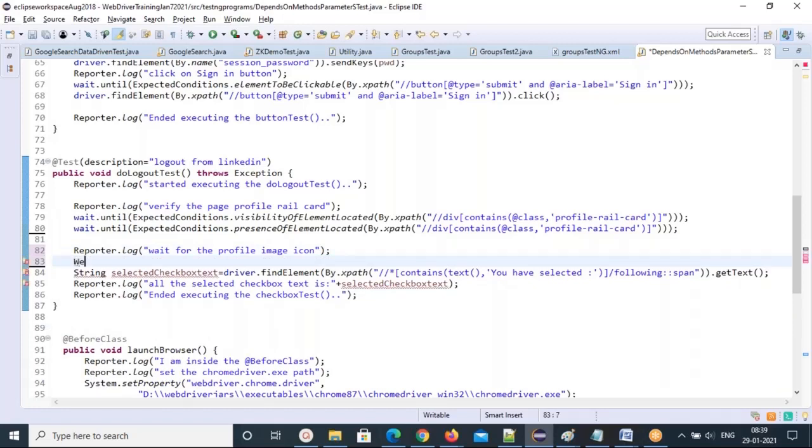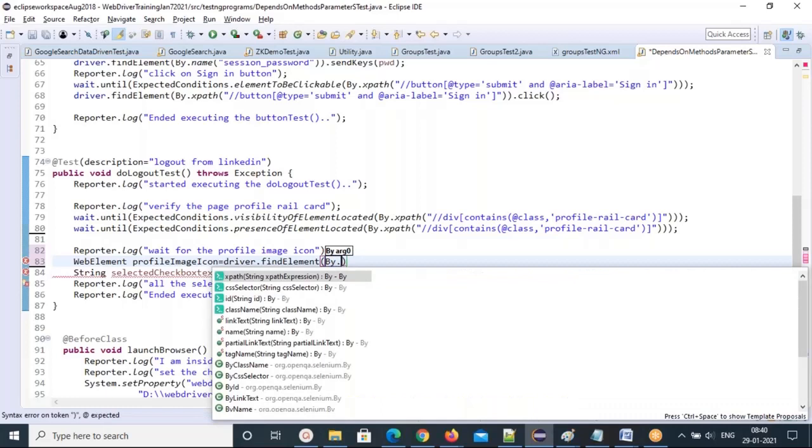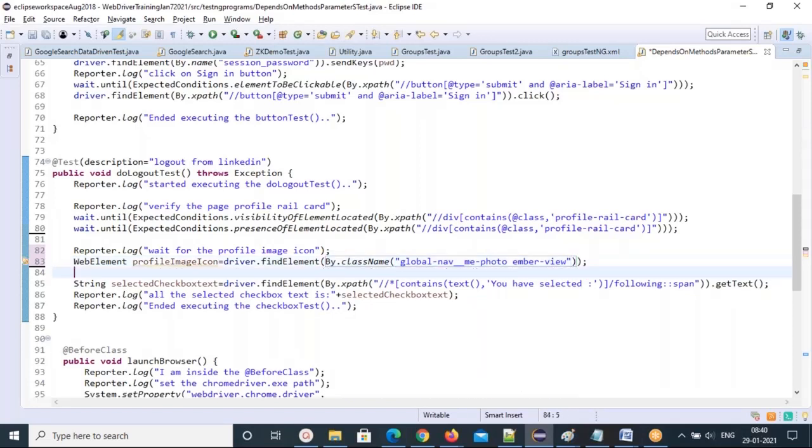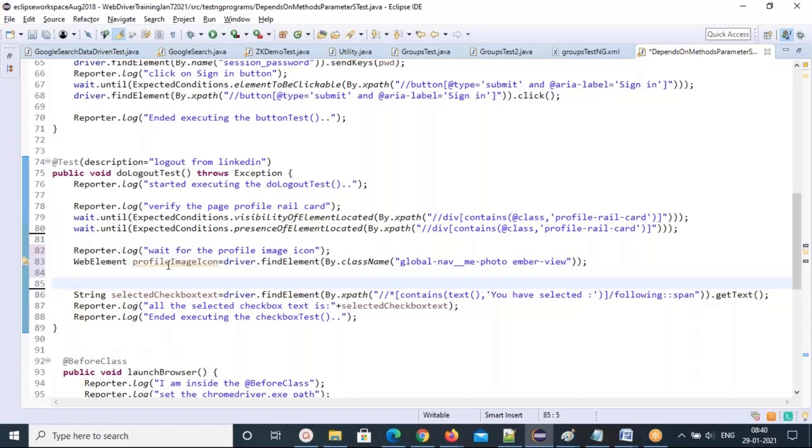Maybe I'll identify this element first. Let's identify the web element profile image icon equal to driver dot find element, by dot class name, use the class value. And I'm going to wait for the visibility of this element.